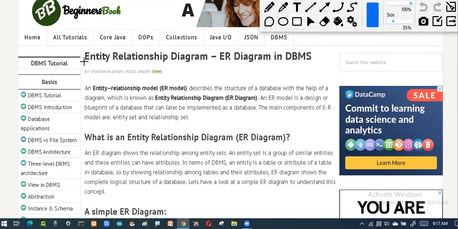So today's topic is entity relationship diagrams. As already discussed, what is meant by entity and what is the relationship. Once again, we'll go through this in depth. We are told that an entity is an object, and a relationship tells about the contents that are interrelated to each other.